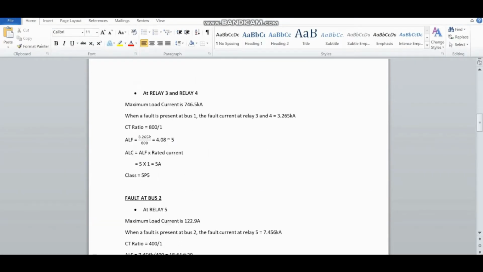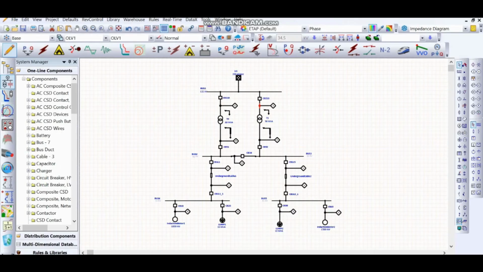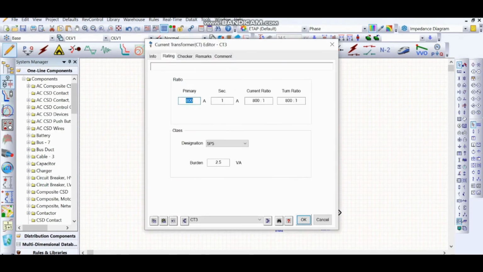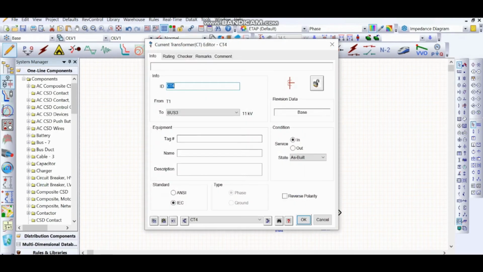And then for relay 3 and relay 4, the fault current at relay 3 and 4 is 3.265 kilo ampere, and then the CT ratio is 800/1. And then we calculate the accuracy limit factor, which is 4.08, and then we take 5. Then we calculate the accuracy limit current, and we got 5A. Then the class designation is 5P5. Okay, and the setting is here. And we put the CT ratio 800/1, and the class designation 5P5, then burden 2.5, same as this CT ratio